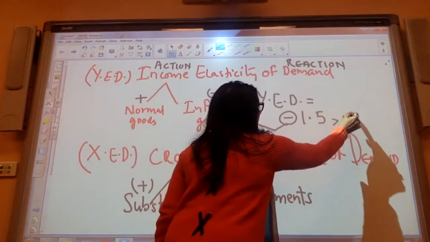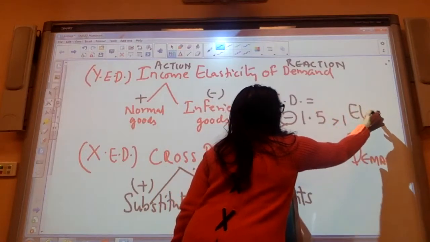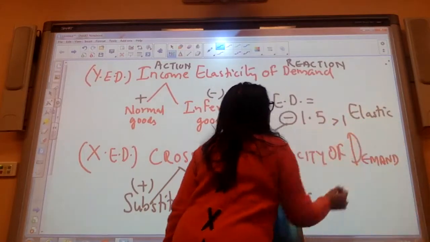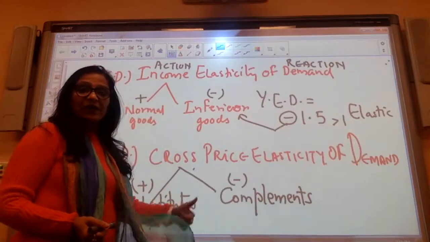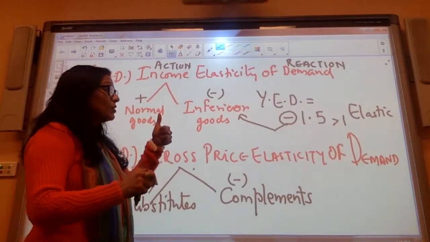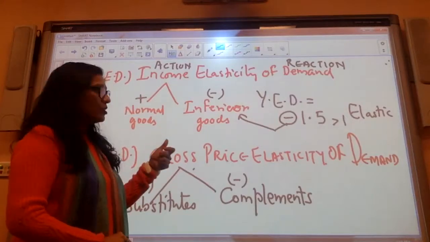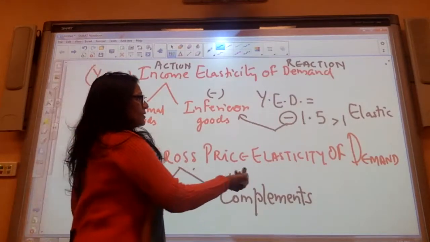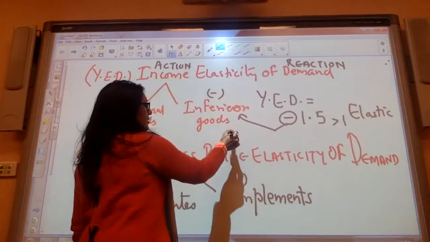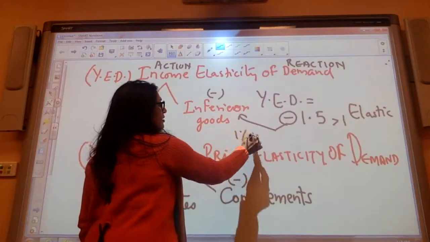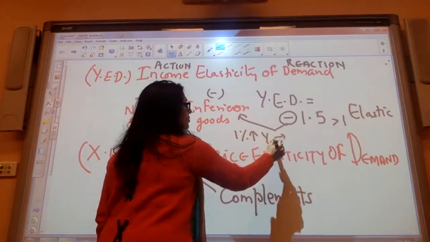It is more than one. That means it is elastic, which means a little change in income, if my income goes up, I'm going to cut down on the demand for this product by a big proportion. So if my income goes up by 1%,